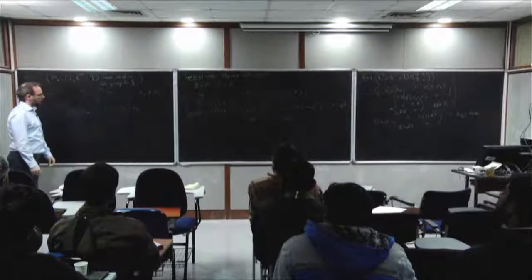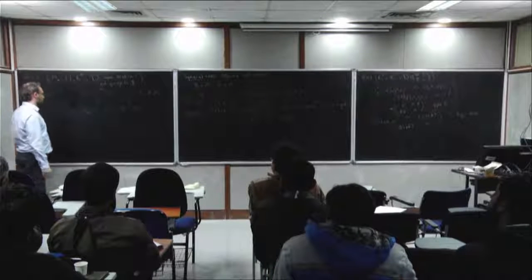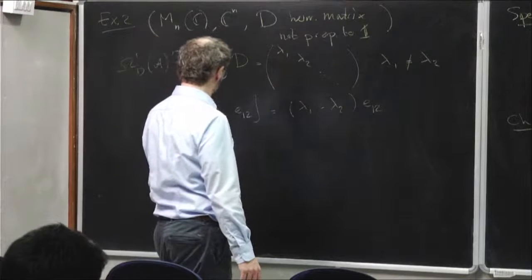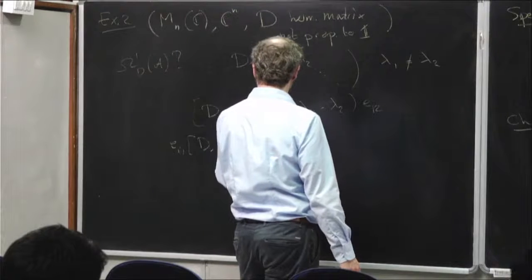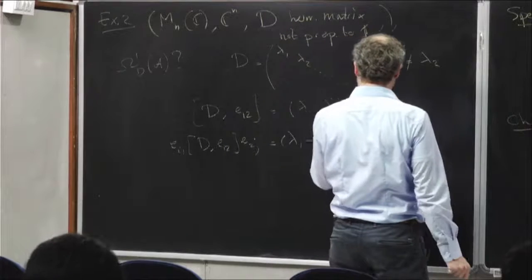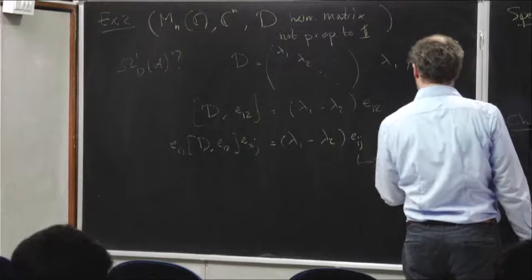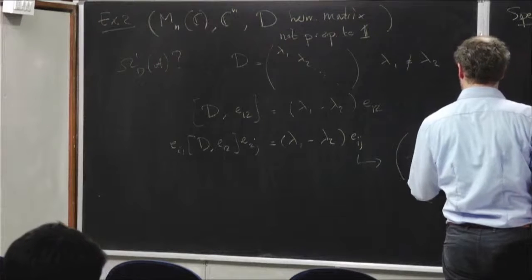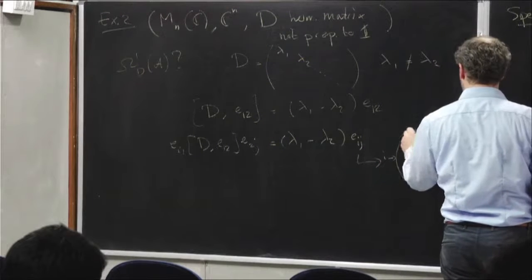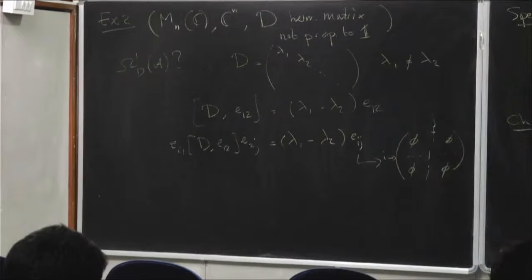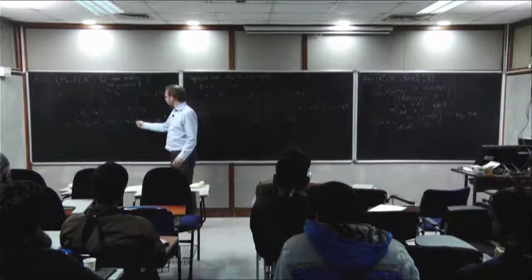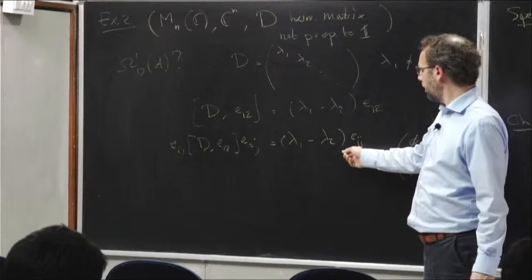So that's already good. Now I can multiply this on the left with, say, E_i1, and then on the right maybe with E_2j. Then I get lambda 1 minus lambda 2 times E_ij. My notation is always the same: this is the ith row, jth column, where there's a 1 and the rest is all 0. So I can generate, using this, actually all matrix basis vectors for my M_n(C), multiplied by this lambda 1 minus lambda 2,